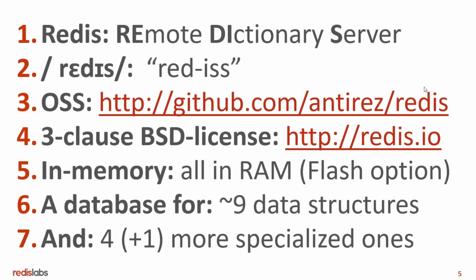You can get the sources. In fact, I urge you to get the sources right here from GitHub, from Antirez's repository. It's provided under the very permissive 3-clause BSD license, which basically means use it and you don't owe anyone anything. Redis is an in-memory database, which means that all the data is managed in RAM, that is written to and read from RAM, but Redis Labs also offers flash options for Redis if you're interested. Redis is a very unique database in the sense that it provides support for about 9 data structures,